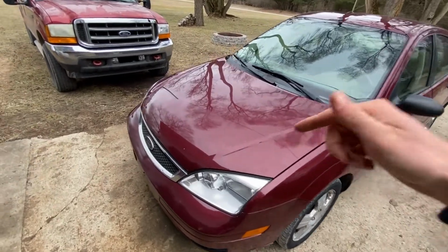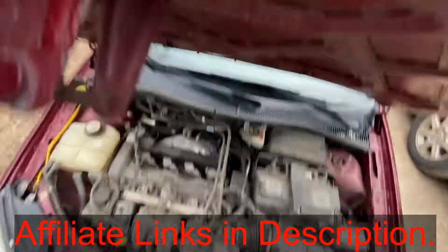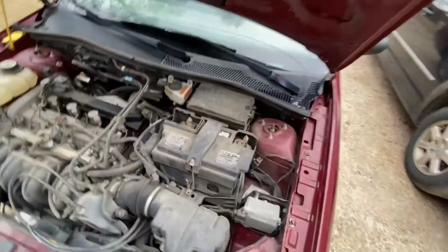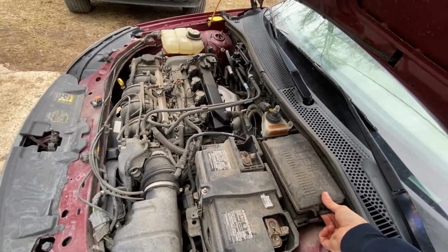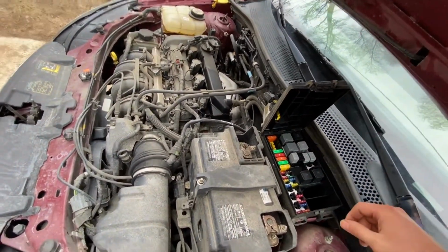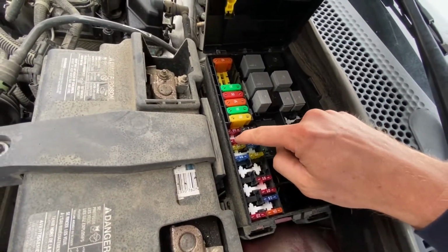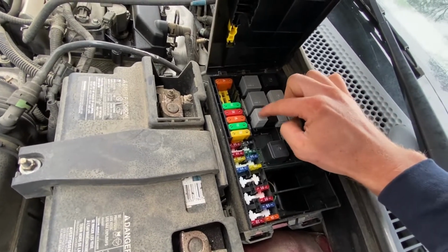So go in there, pop your hood, and then put your hood up. We're going to come right here to the under the hood fuse box, lift this tab, you can lift the lid. So the AC fuse is this 10 amp fuse right here, and the AC clutch relay is this relay